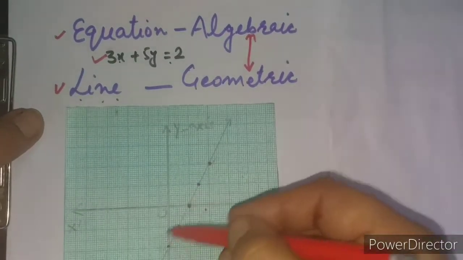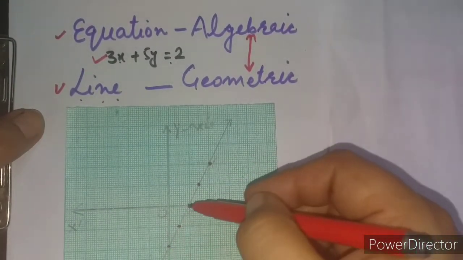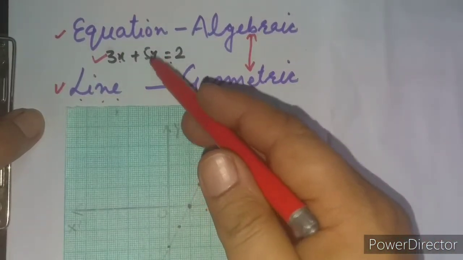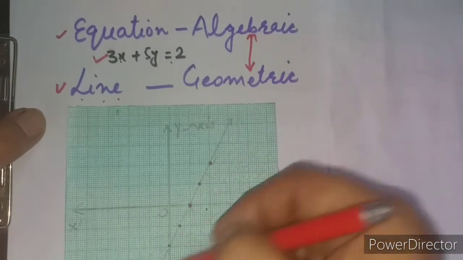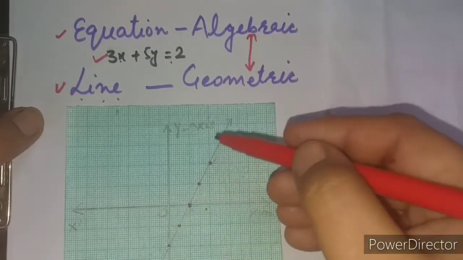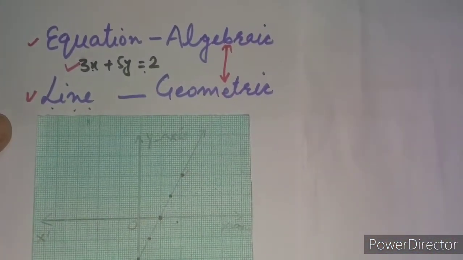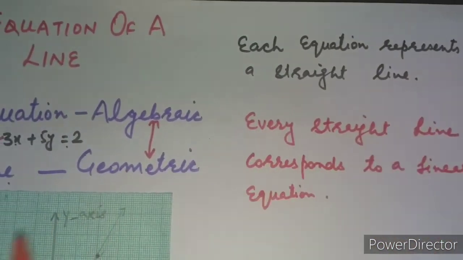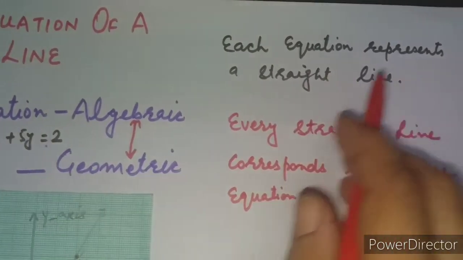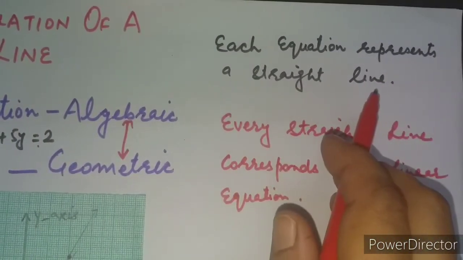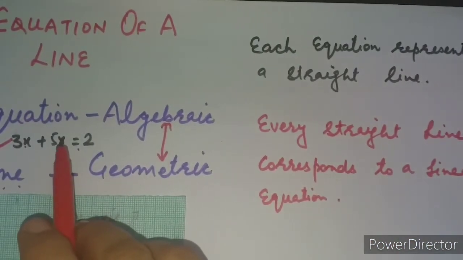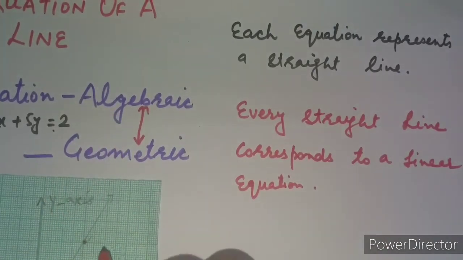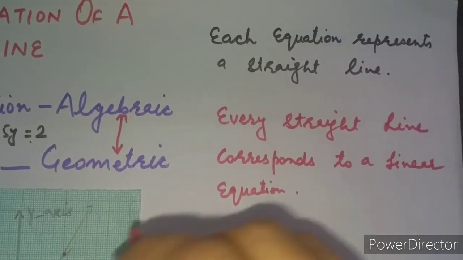And how do we draw that line? By solving that equation and drawing different points, even thousands of points, corresponding to that equation, and once we join those thousands of points, we get a straight line. And I have written for you here that every equation represents a straight line, right? I took this equation and it represented this straight line. It is for example only, it may not give such a shape, but it will definitely be a straight line only, right?